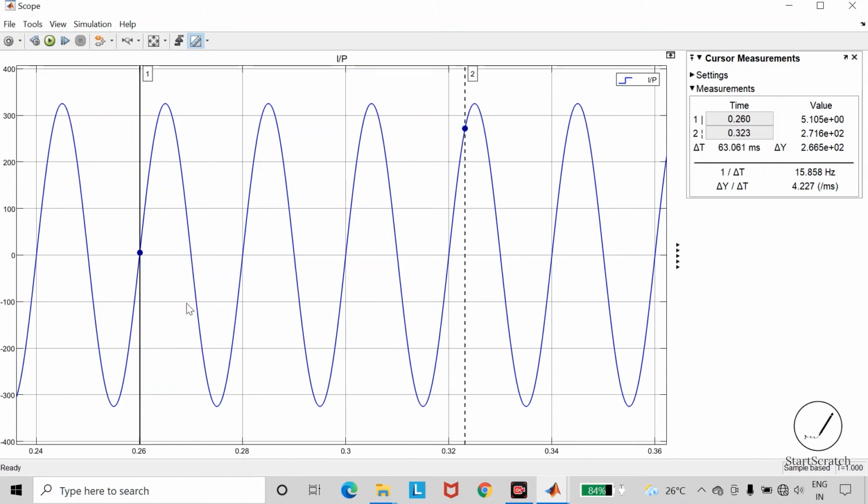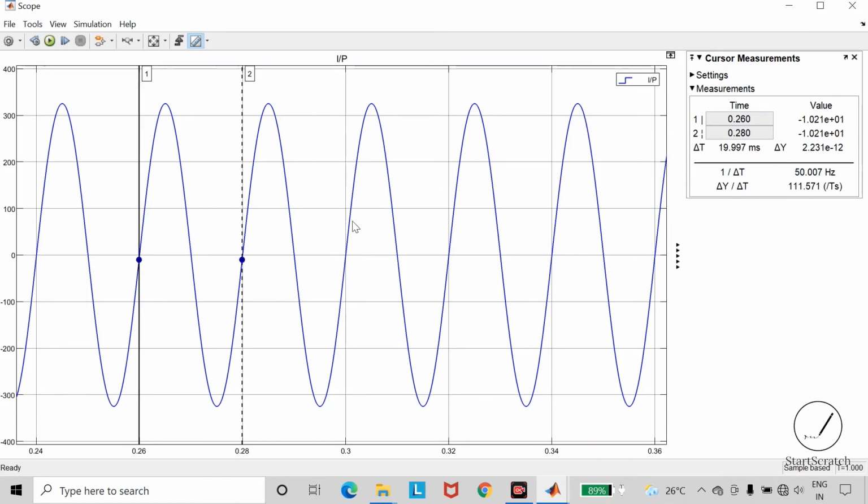These vertical cursors are generally used to measure the time period of the waveform. So this first cursor is currently present at approximately 0.26 milliseconds. I will change the position of the second cursor. So I have kept this second cursor at 0.28 millisecond, and these are the approximate readings, and here you can find the difference between these two cursors. So it is 19.9 milliseconds. Here you can find the frequency. So the frequency of this waveform is 50 Hz.